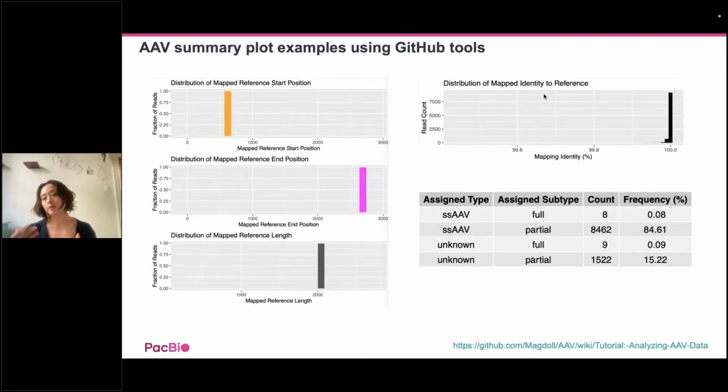Once the reads are produced, they can be mapped back to the reference genome. And then this current command line option, which I'm showing the URL down here, will produce meaningful plots such as, where's the most common map start and end position. Now for this data set, which by the way is publicly available, you can find it by accessing the link below. It shows that most of the reads actually mapped beginning and ending exactly where the ITRs are. And this is because this is a commercially purchased, relatively clean AAV vector. We can also characterize how much of the single-strand AAV is full, that is covering the ITR to ITR, versus partial.